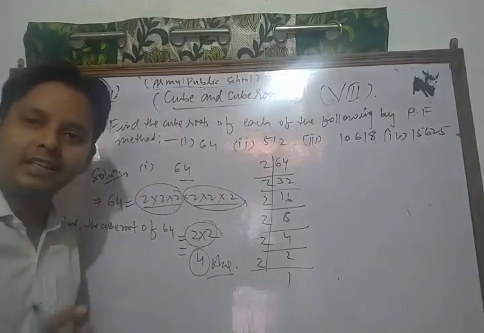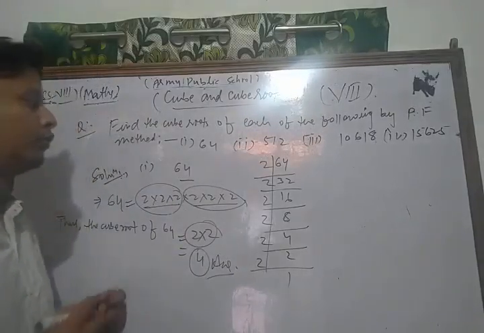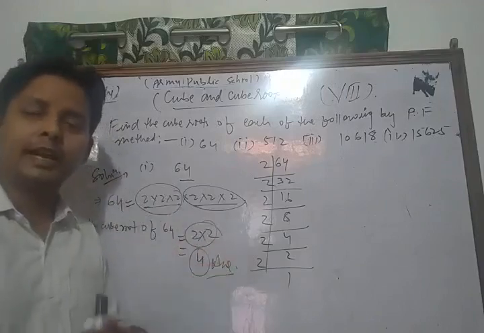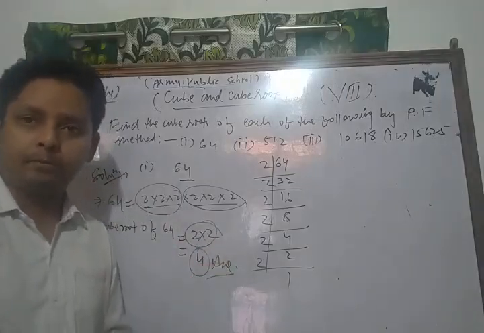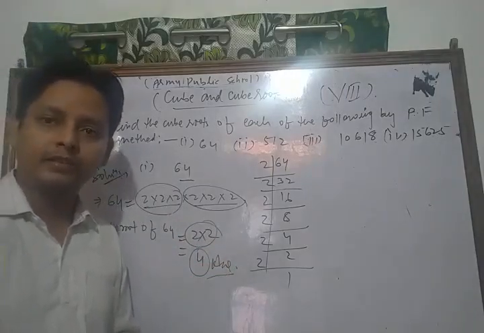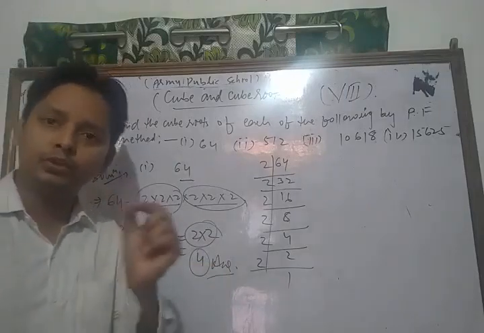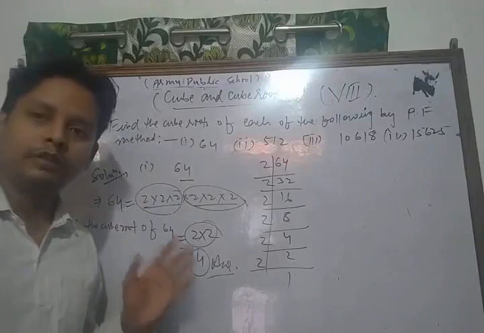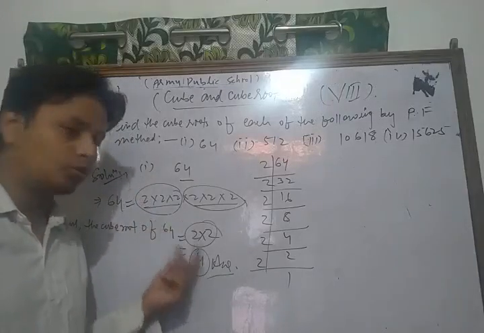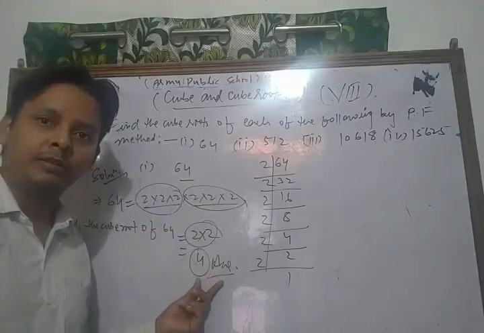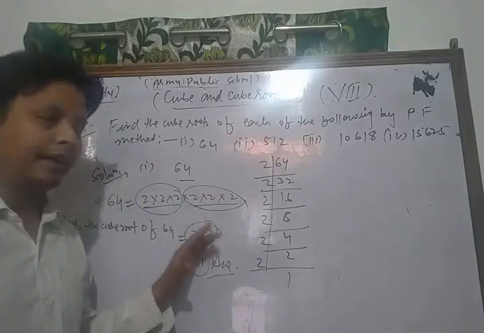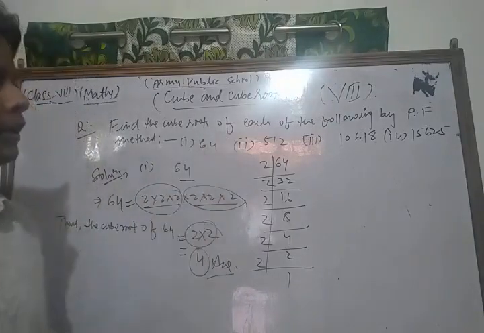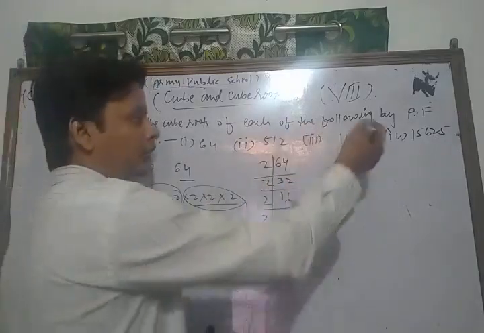So for finding the cube root, first of all you write the given number in prime factorization and form the grouping of the factors in triplets of equal factors, and you take one number from each of the triplets and multiply them, you get your result. So this is the process for finding the cube root of a given number. Similarly, you can solve each and every question.